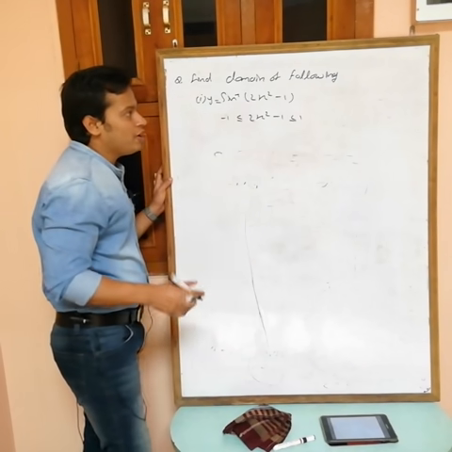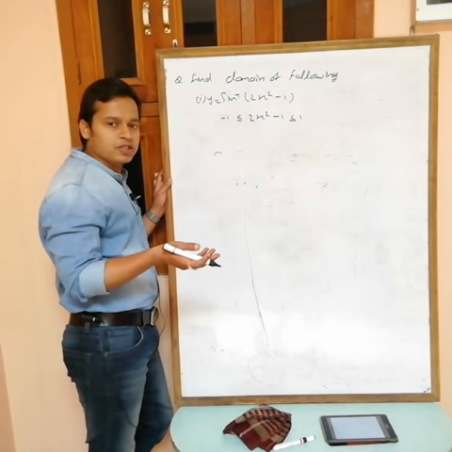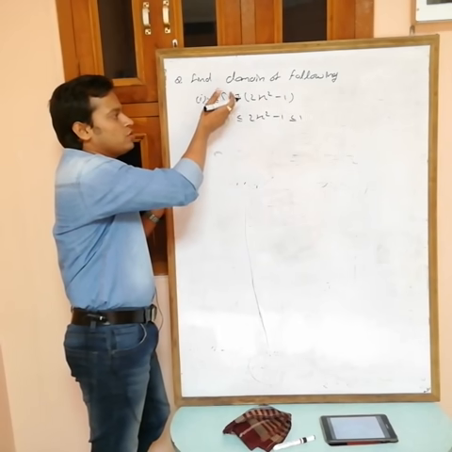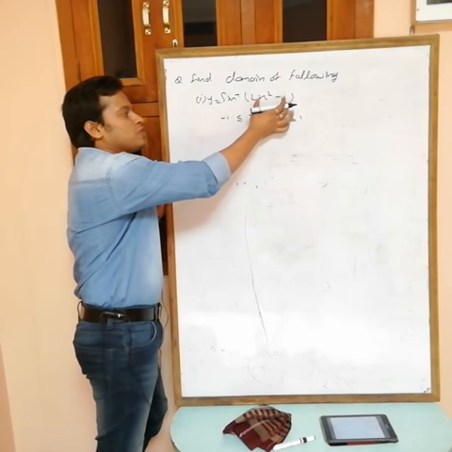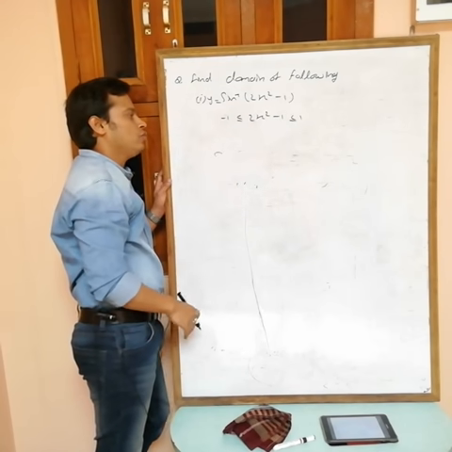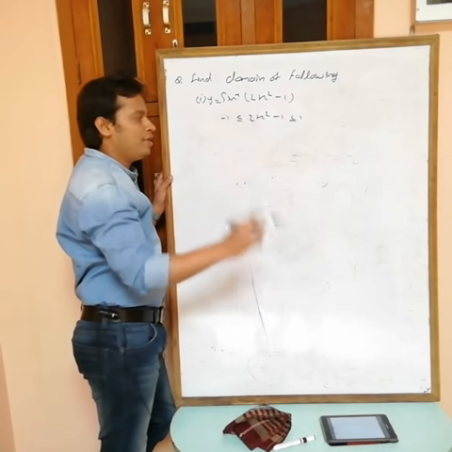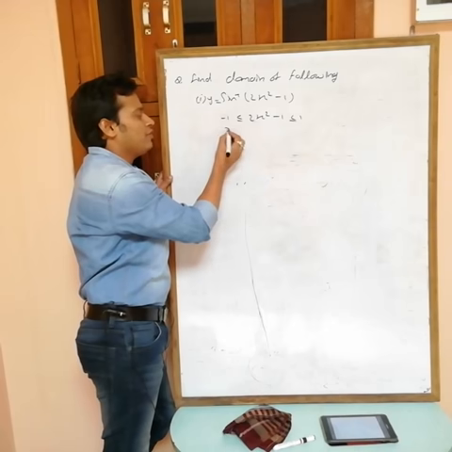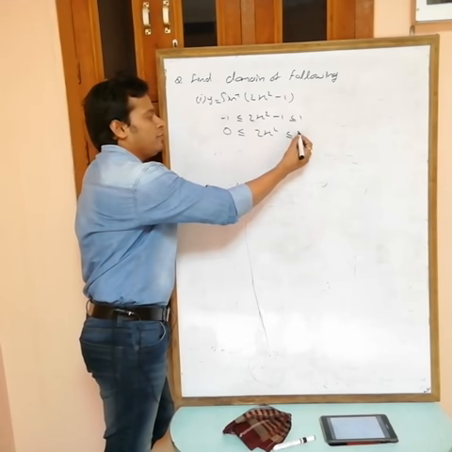Okay, now what do you want? Domain. Domain means all possible values of x. Now solve this one and find the value of x. There is no other condition now, there is only one function, sine inverse, and for sine inverse this is the only condition, that this must be from minus 1 to plus 1. Now I want the value of x. So here we have minus 1, so add 1. If you add 1 here, we get 0. If you add 1 to the middle, then 2x square. If you add 1 on the right, then 2.